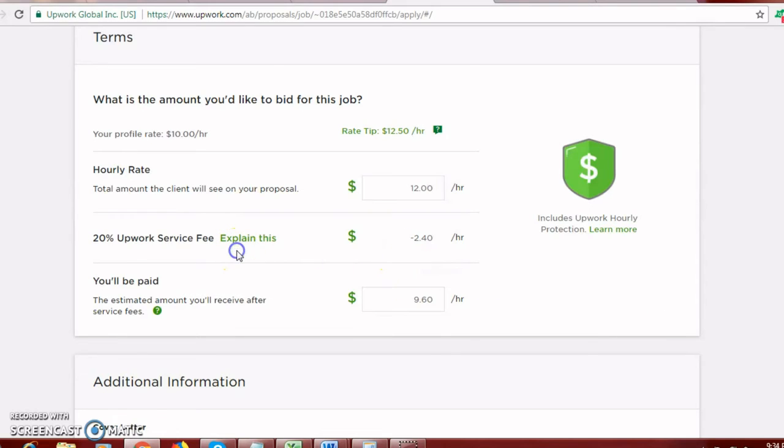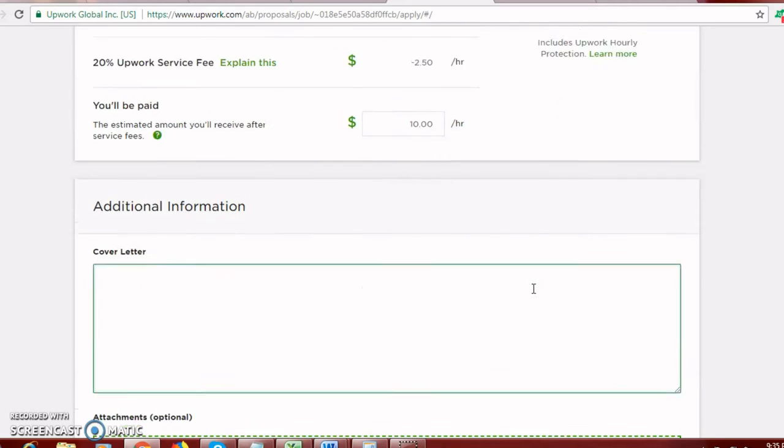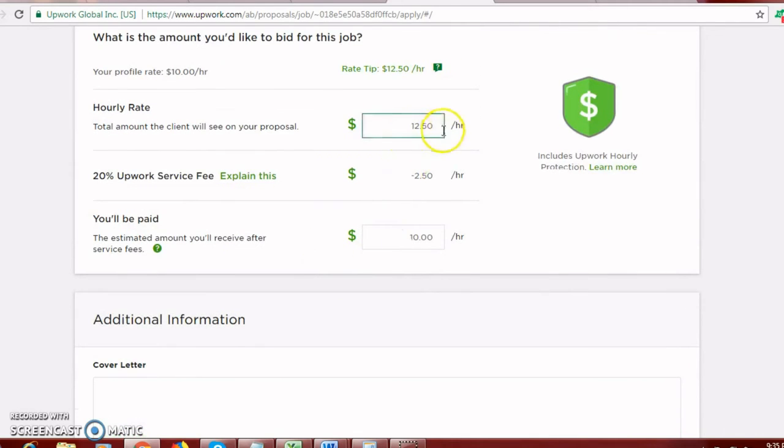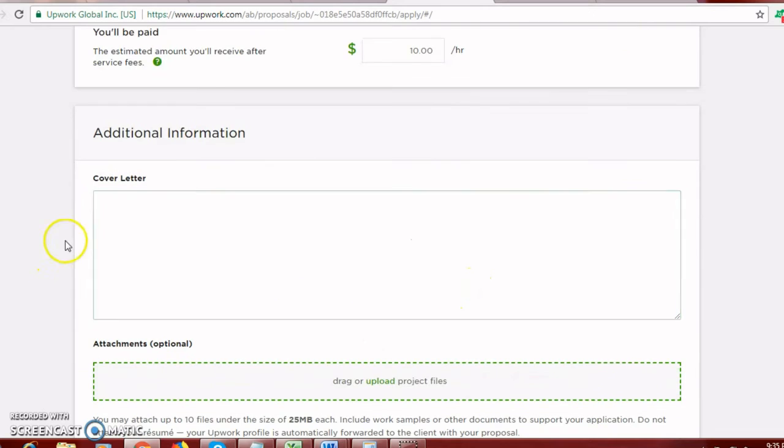Well, I'm not really sure if that's fair enough, but let's just let the client pay for this at $2.50, so it'll be exactly $10 that we get from the pay. So place in your $12.50, so the $2.50 goes to Upwork for the service fee, and you take home $10 per hour. So you also make your cover letter, like for example,